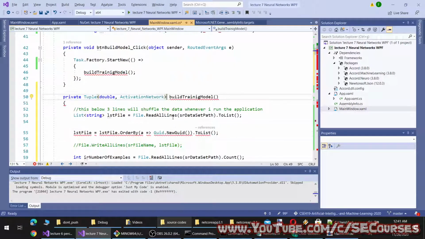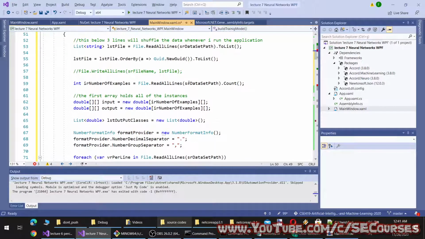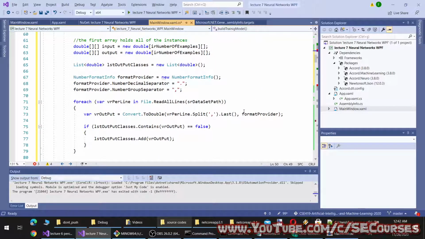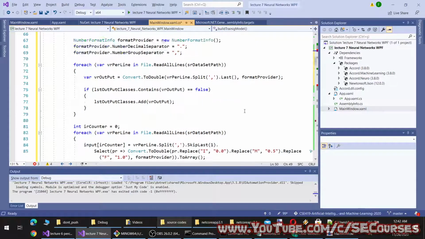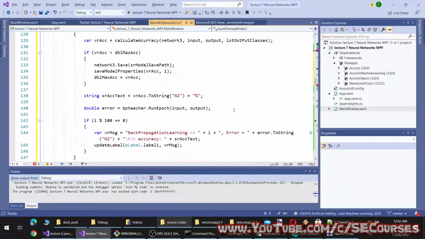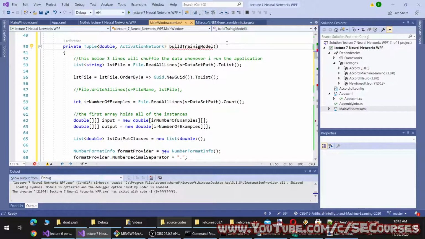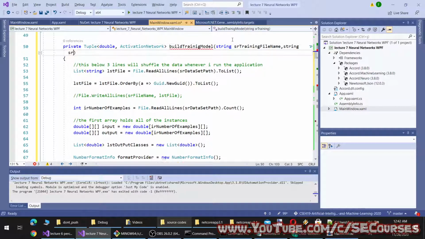And what it is going to take is simply training model and testing accuracy on another thing. So it will get training file name, testing file name. So there will be input training.